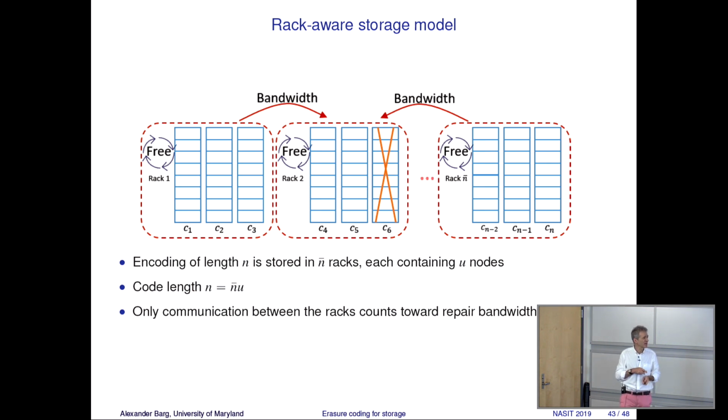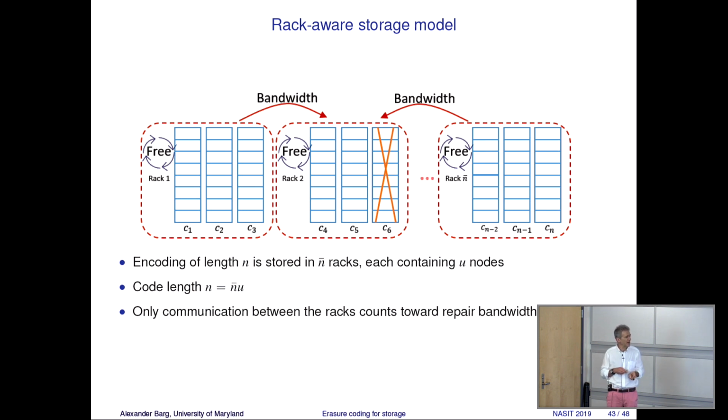Let us say, moreover, that a node in a rack has been erased, and we want to repair it by contacting the nodes available within the rack and the nodes on the other racks. So this is the picture of this rack-aware model that was introduced a few years ago. That is by far not the only model of heterogeneous storage. You can think of other models. For instance, there is a group of privileged nodes, and talking to those nodes incurs more cost in terms of the repair bandwidth than talking to the other nodes. That was one of the first models introduced in this heterogeneous context.